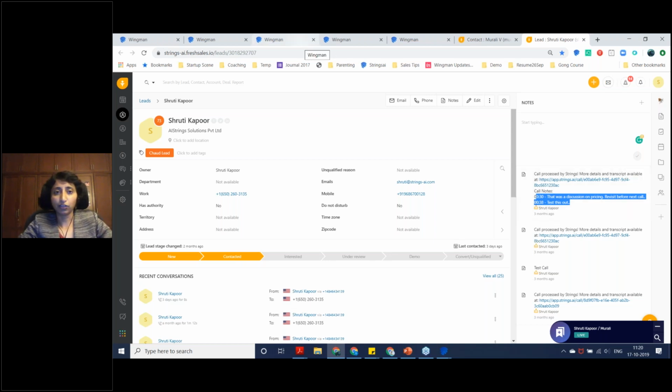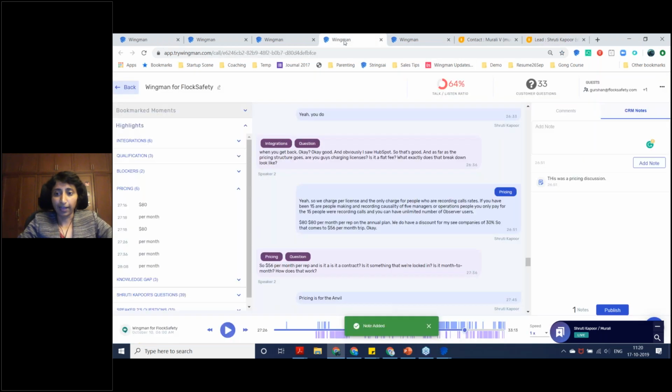Now, coming back to what it is that a manager wants to be able to do once a call ends, right? There are a couple of things that managers like to do. One is they want to, of course, be able to listen back on the calls just to understand what the revenue pipeline is like. But very often what they also want to be able to do is to give feedback